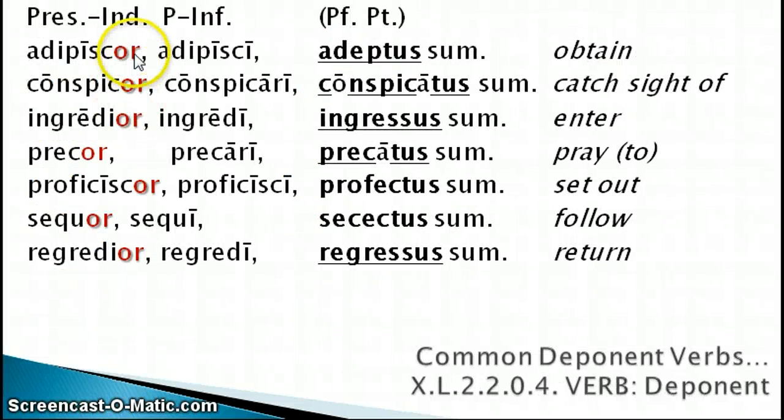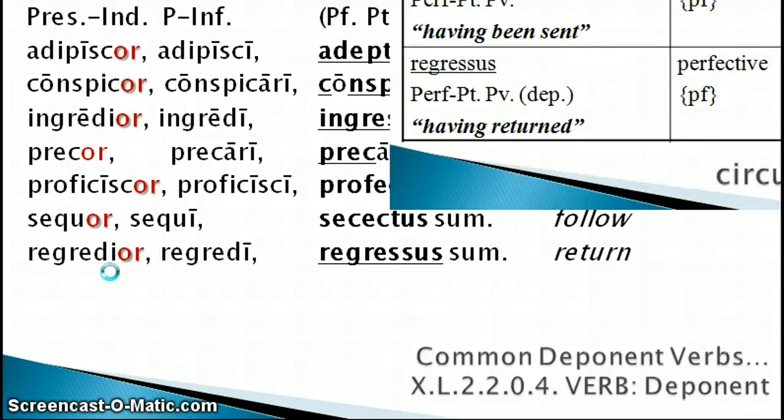As you notice, when they're in the glossary as an OR, that means that they are going to be deponent, passive in form, but active in meaning. And these verbs will be compounded with other verbs, such as you can see subsequor, he follows closely. Ingredior means to go, so ingredior to enter in, regredior to go back. I bet egredior would probably mean to go out.